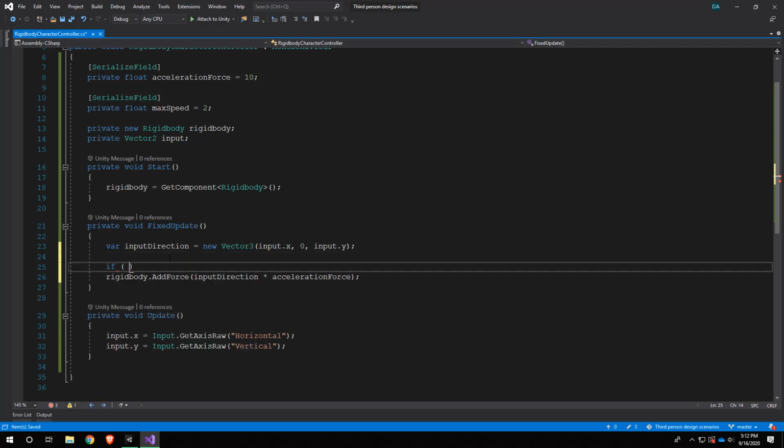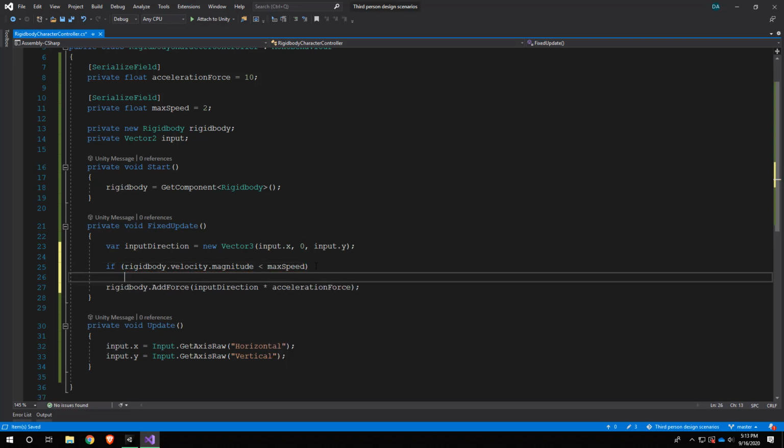So we'll just say if rigidbody.velocity.magnitude. Magnitude just tells us, like, it's a float that measures how fast or how big a vector is. So in terms of velocity, it's essentially your speed. So if the magnitude is less than the max speed, then we want to do